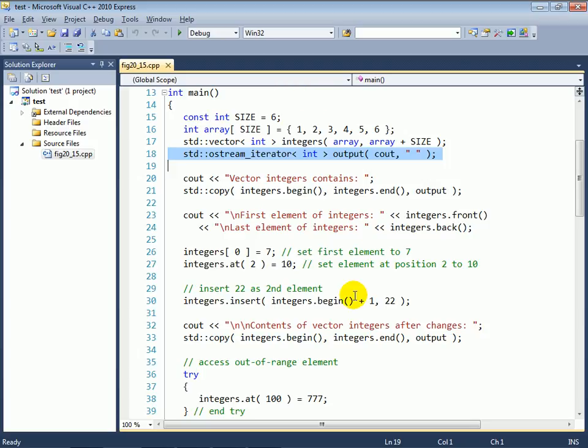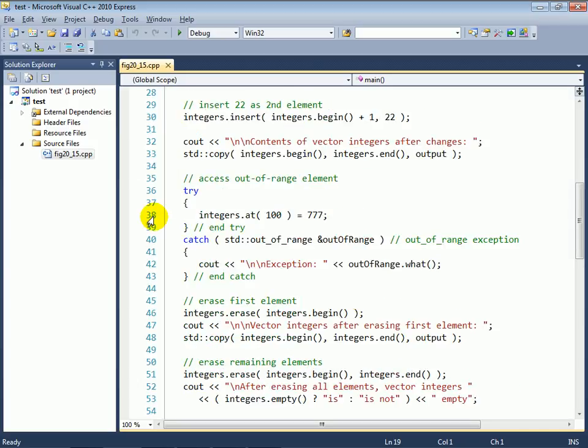Now, we'd said that we wanted to demonstrate catching an out-of-bounds exception, and basically we wanted to prove to you that the at member function really does throw an exception if in fact you access an index that's out of range. So here you can see that we are trying to access the index at position number 100, which does not